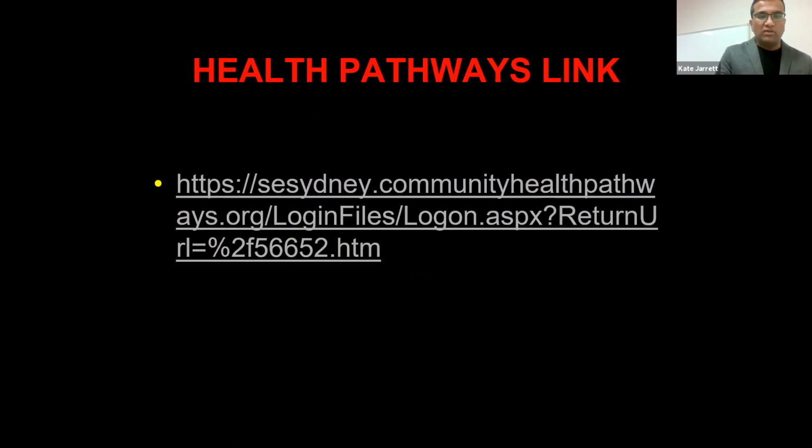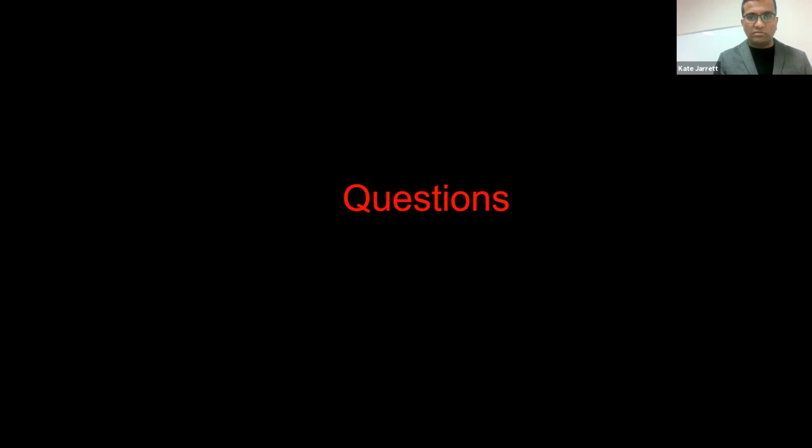This is a health pathways link, which was given to me by the renal and hematology team. You can register yourself, log in, and have your own username and password, and look through different departments. They have their own pathways for acute and chronic disease and how to manage diagnostics required, labs required, and in terms of management as well. This is only for other departments, not for our department. The link for health pathways, that's a good one. And also the number to ring to